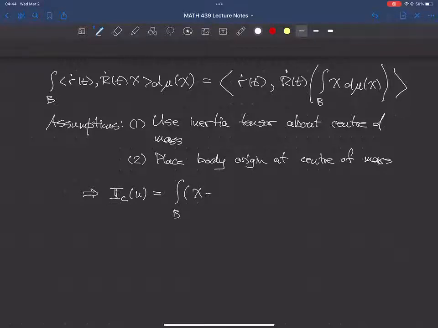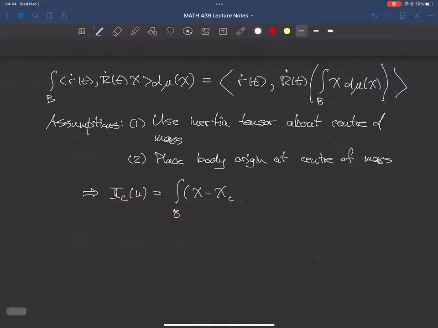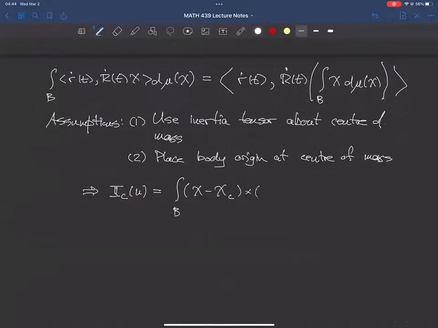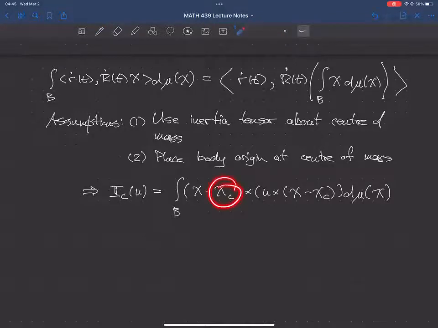So we have chi minus chi c. Okay, so chi c is the center of mass. Okay, cross u cross chi minus chi c d mu of chi. All right, so that's the definition of the inertia tensor about the center of mass. All right, so the point is that this point here is the body location in body coordinates of the center of mass. But assumption 2 is that that's 0. Okay, so with our assumptions, this is